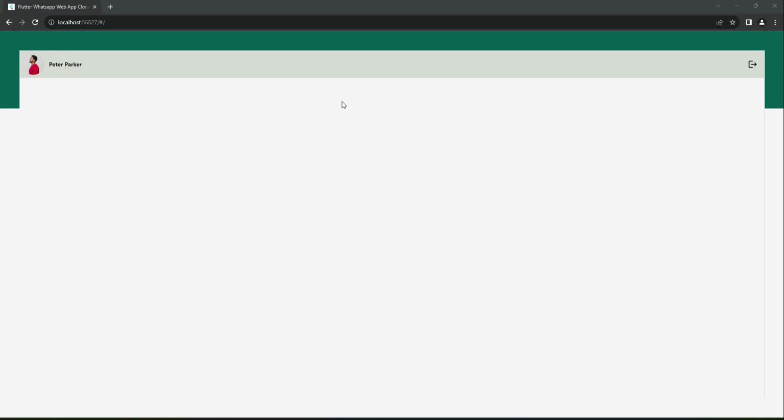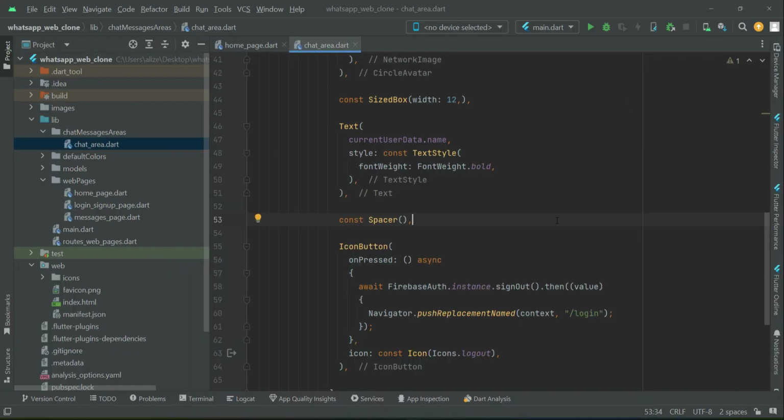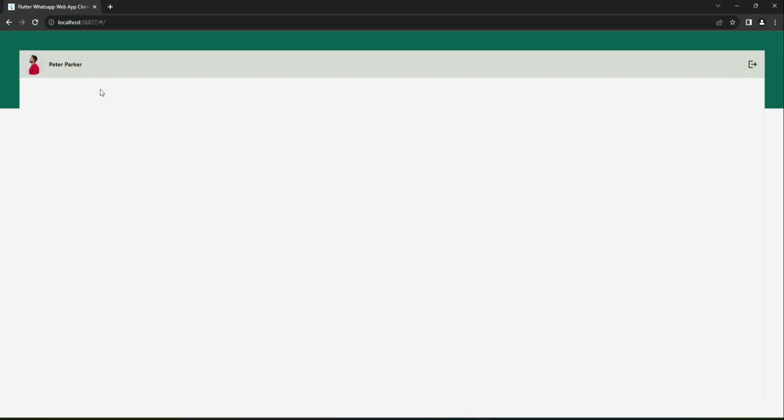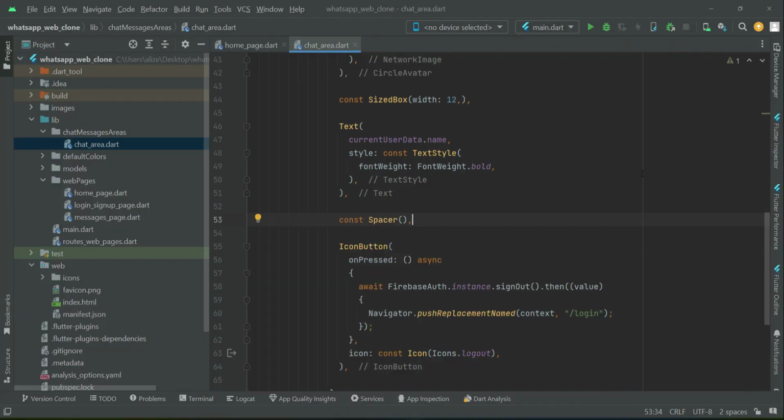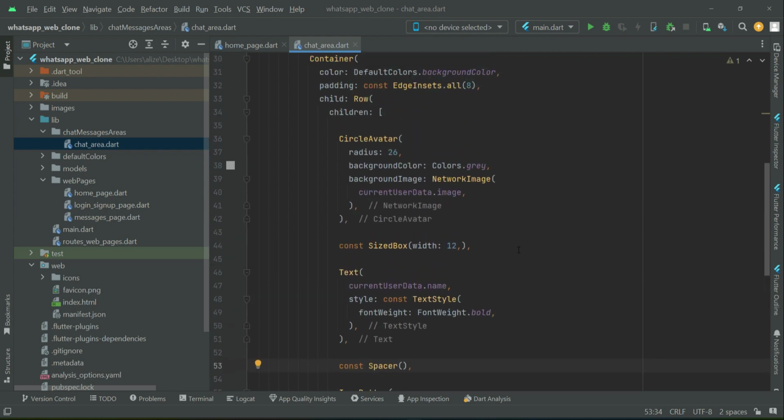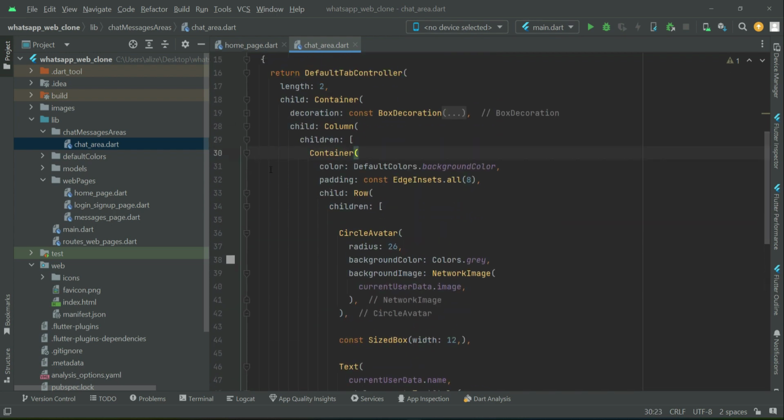Now here we have to create two tab buttons. One will be for the recent chats and the other one will be for the contact list of this current user whose name is Peter Parker, or basically any user who is currently logged in. That user's recent chats and the contact list we have to display. So for that purpose, after this container,